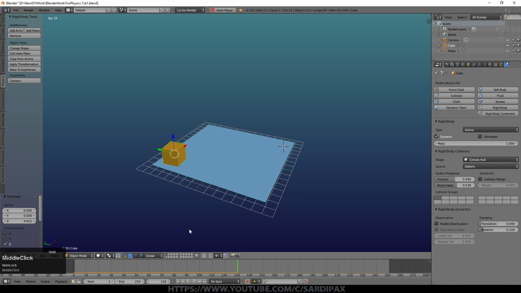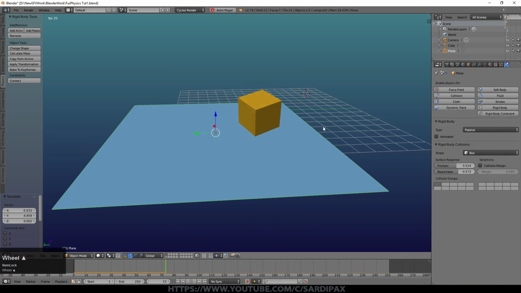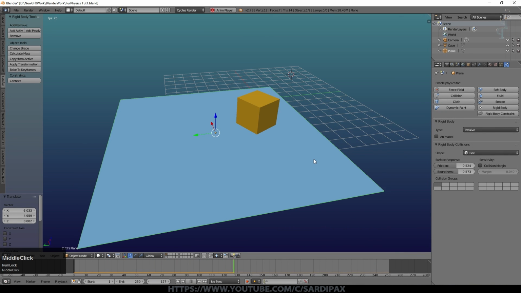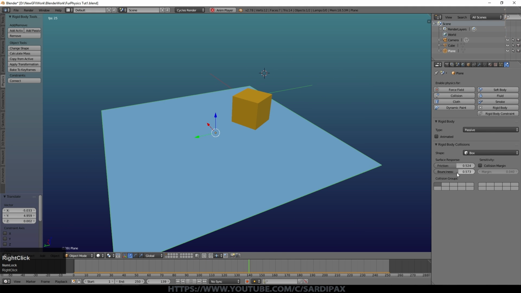So there we go, that's quite a good bounce now, and I'm just going to move my plane, I think, rather than moving the cube or changing the attitude of the cube, whatever. So there we go, we've got a nice basic collision there, perhaps a little bit more bounce, just to make it a bit more interesting. So that's the very simplest part of physics.